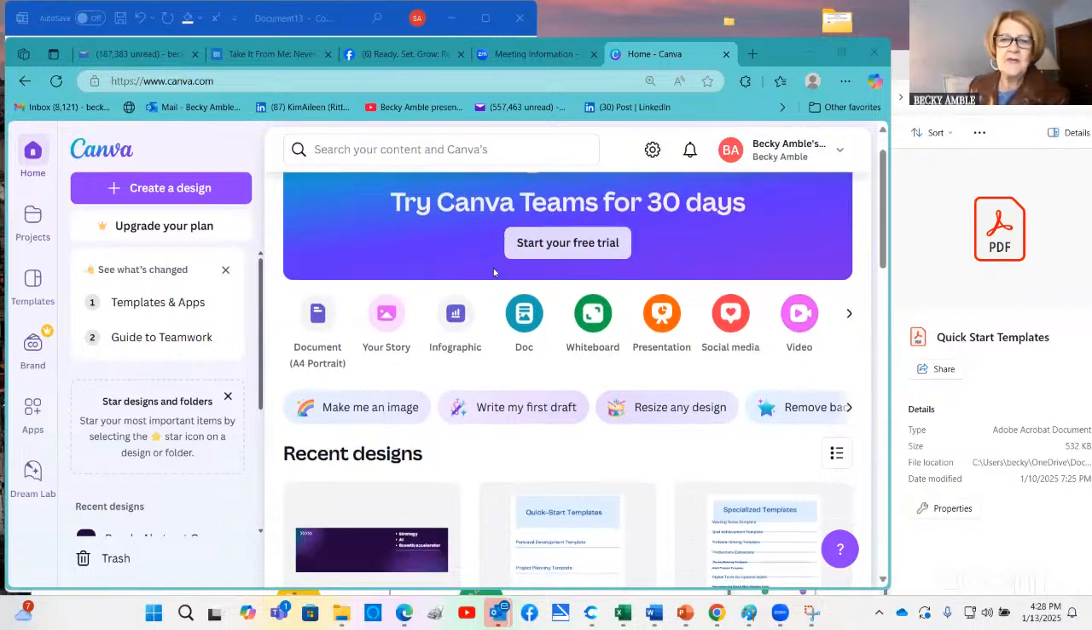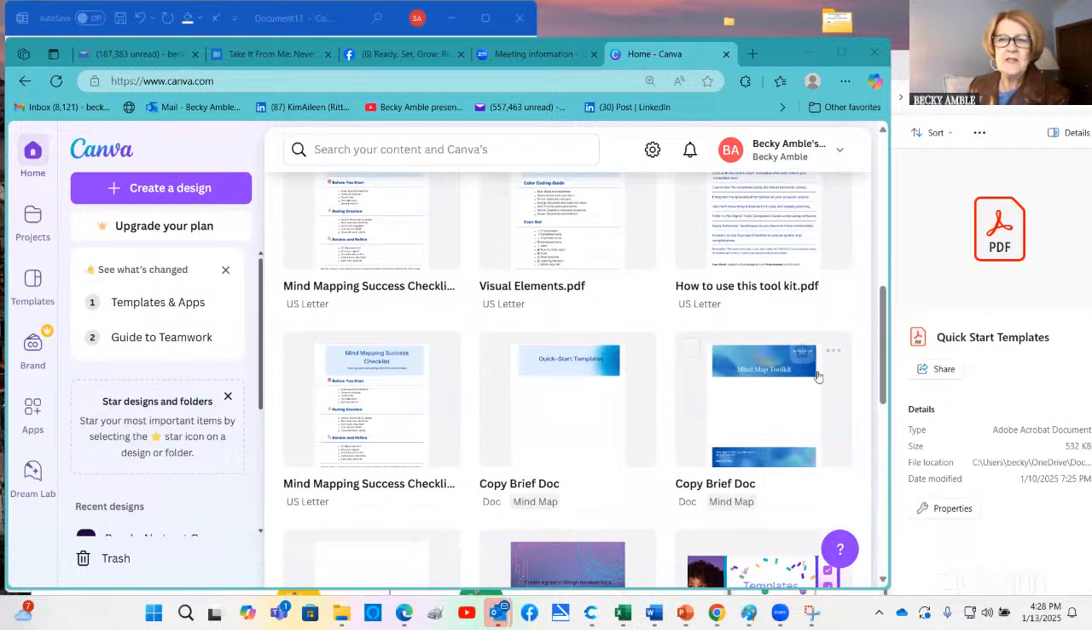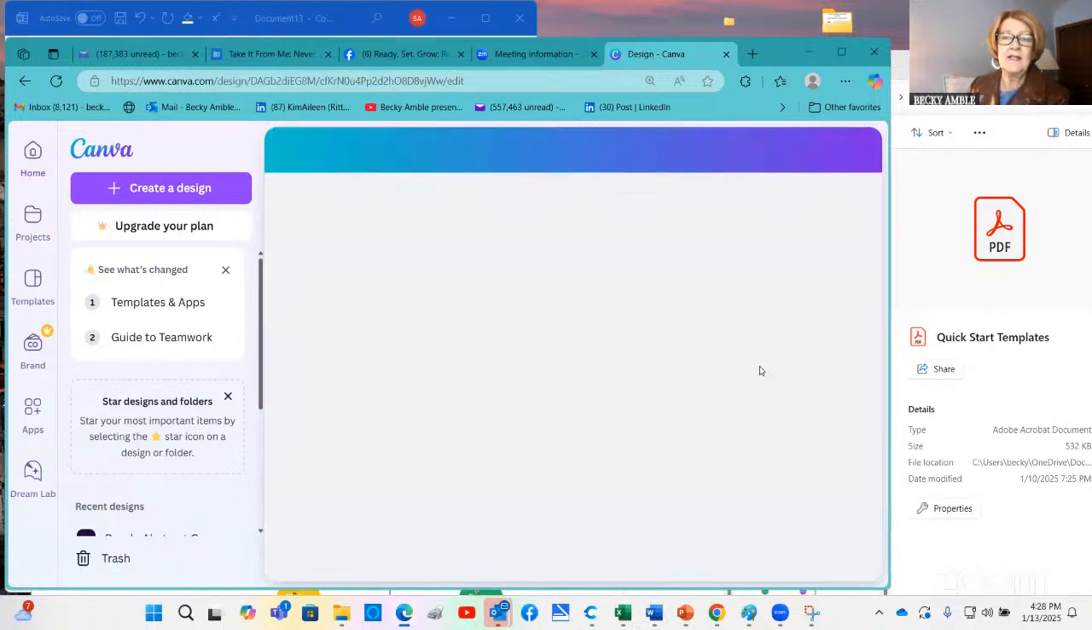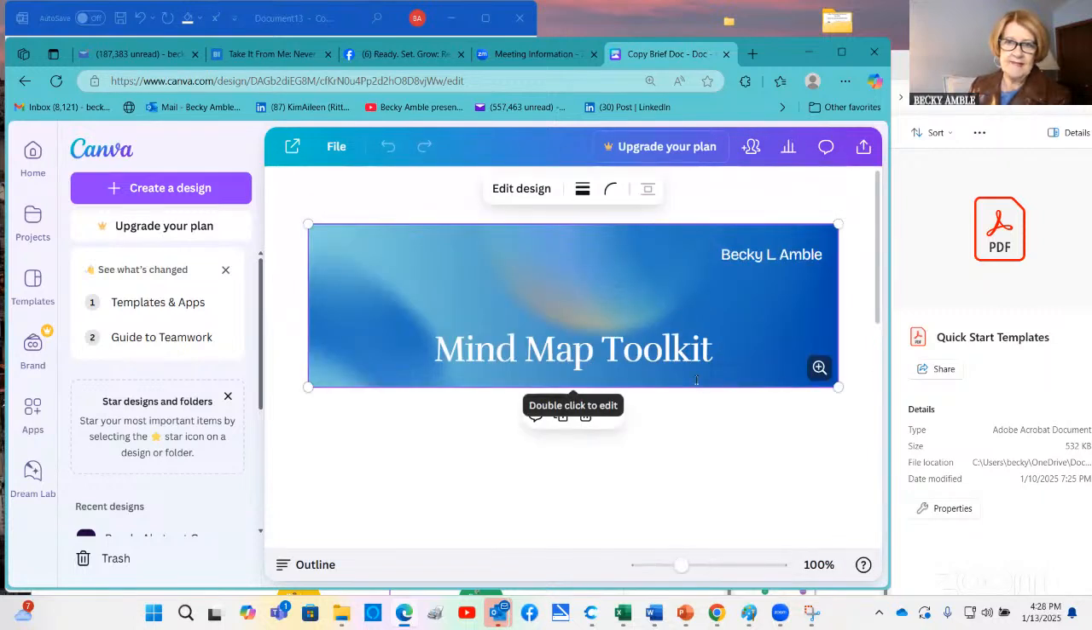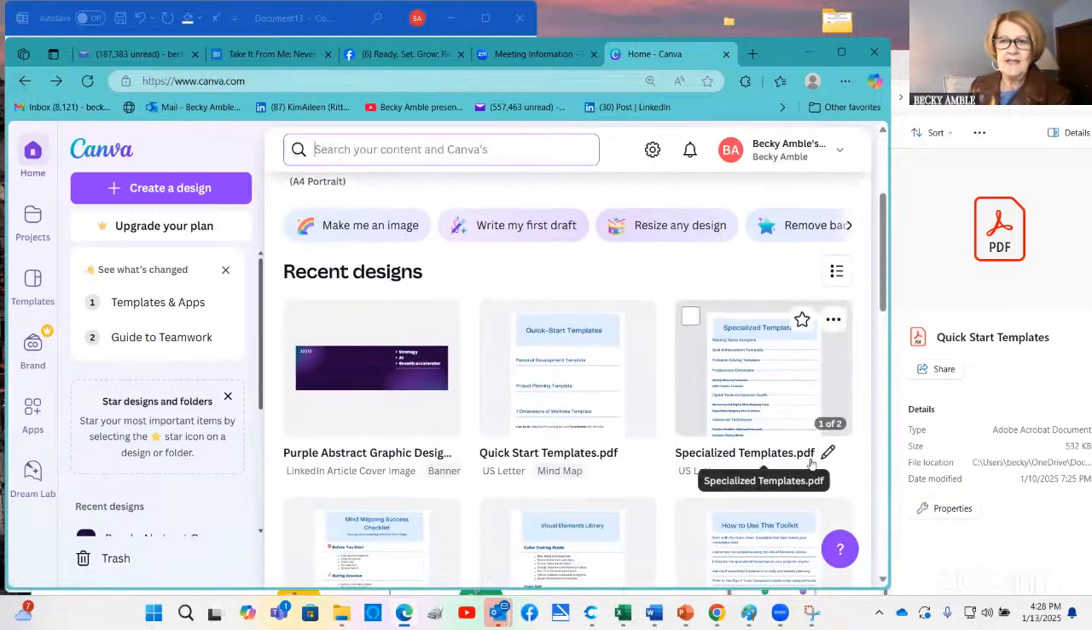And lo and behold, the original document, well, here's one you can see. I'll just show you that. This is my cover page for the toolkit, the mind map toolkit. Okay, if it'll wake up. All right, so that's my cover page. And I found that in Canva. And then if we can go back, hopefully I can do this. And then I found